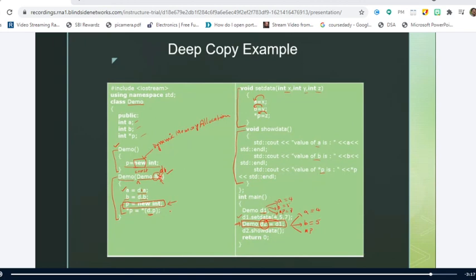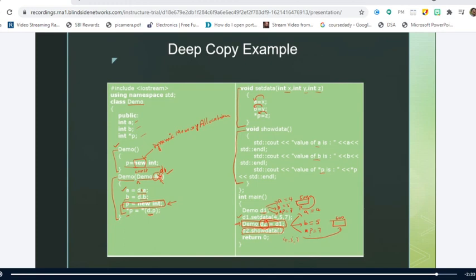After that, you can observe this statement. This is very important. You are creating a pointer variable P for D2. Therefore, you are creating a new location here. Assume that this location is some 500 and the new location is 600. Why? Because you are using this P is equal to new int. Right, and then you are assigning the value of this d1 dot p, which is nothing but 7 to this. Right, so p is pointing to another location, this one, and this p is having a different location. Now d2 dot show data.